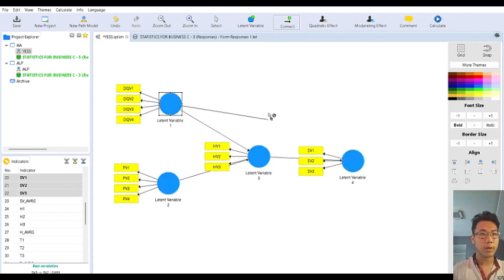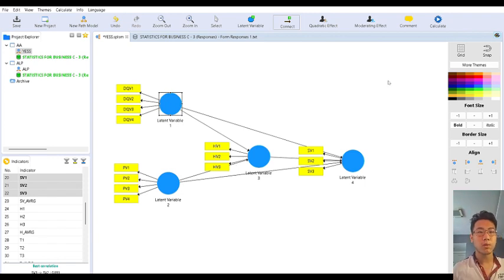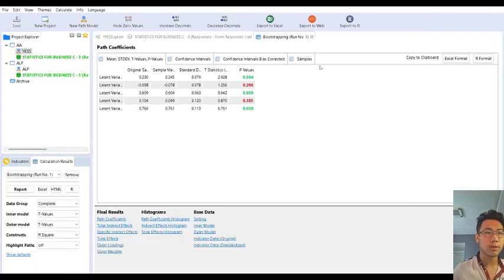Then you can connect each of them with arrows. Okay, like this. Then we can calculate whether they connect with each other or have significance. Okay, so this is the result.